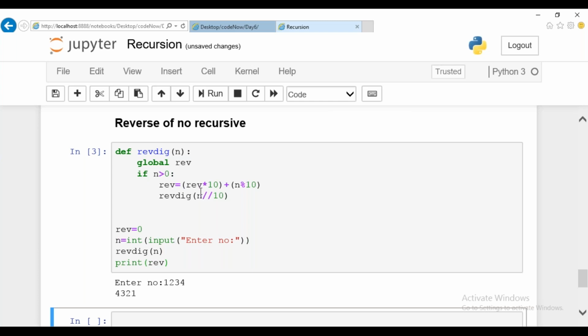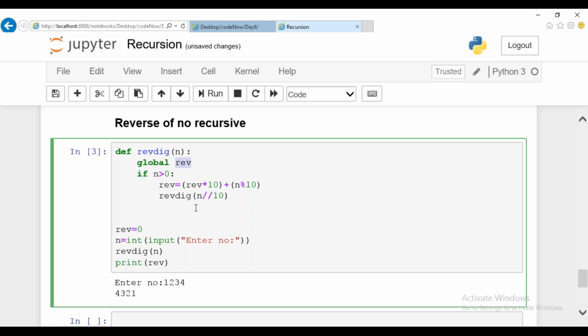What is the use of global? A global variable, guys, can be accessed throughout the program. Normally, in C programs, you might have come across global variables, right? The same way, I'm declaring reverse as a global, which can be accessed either inside a function or outside a function. I'm making the variable called reverse global. Is this clear? Shall we move on to the next one? Okay, good.